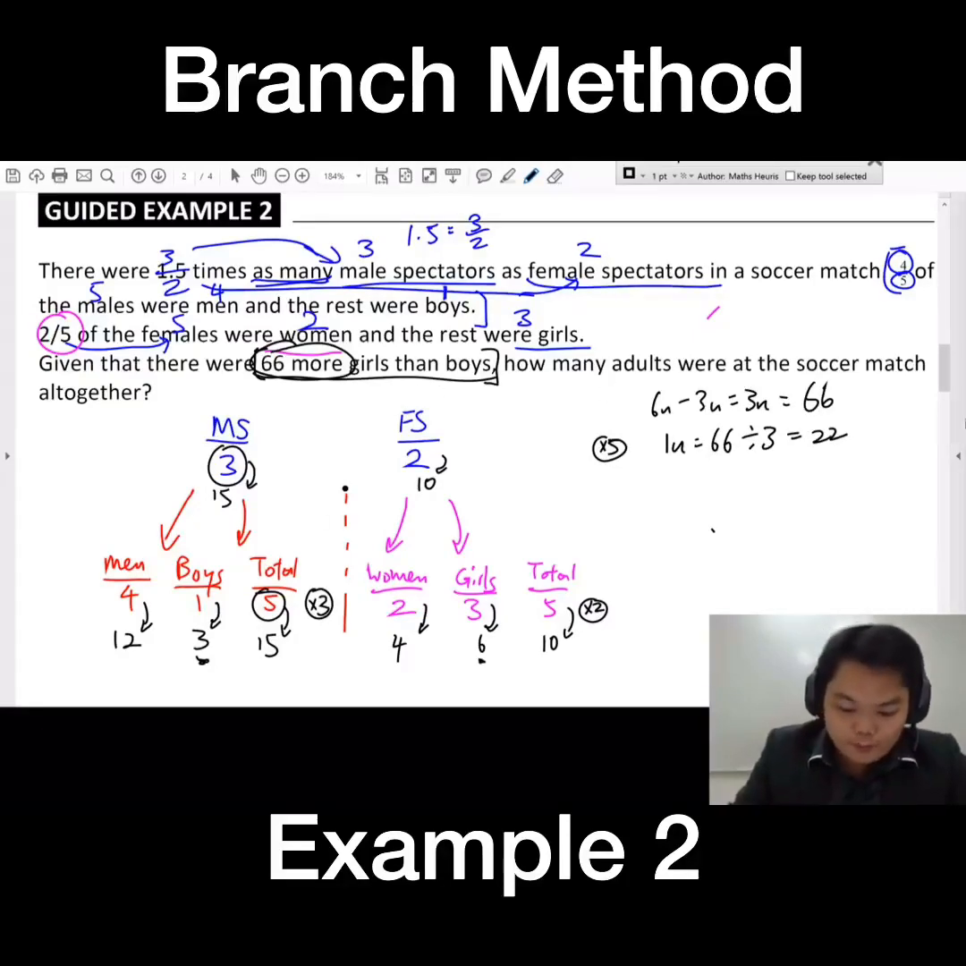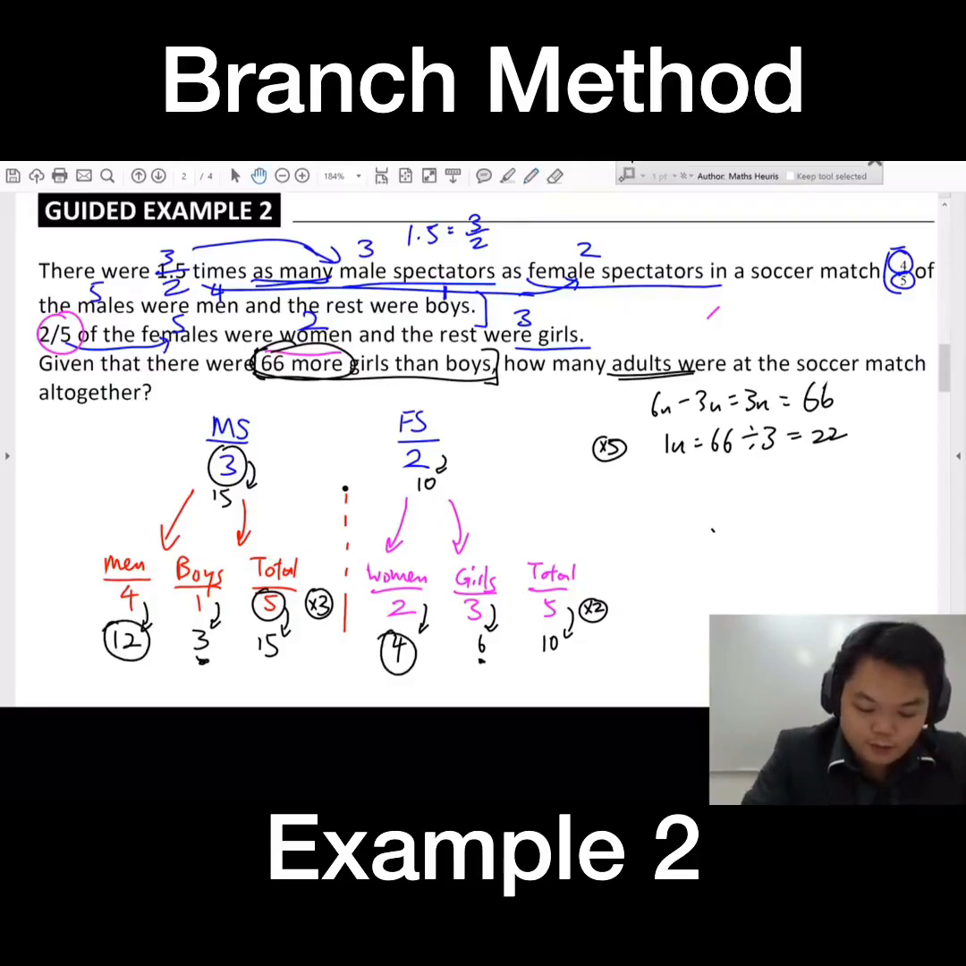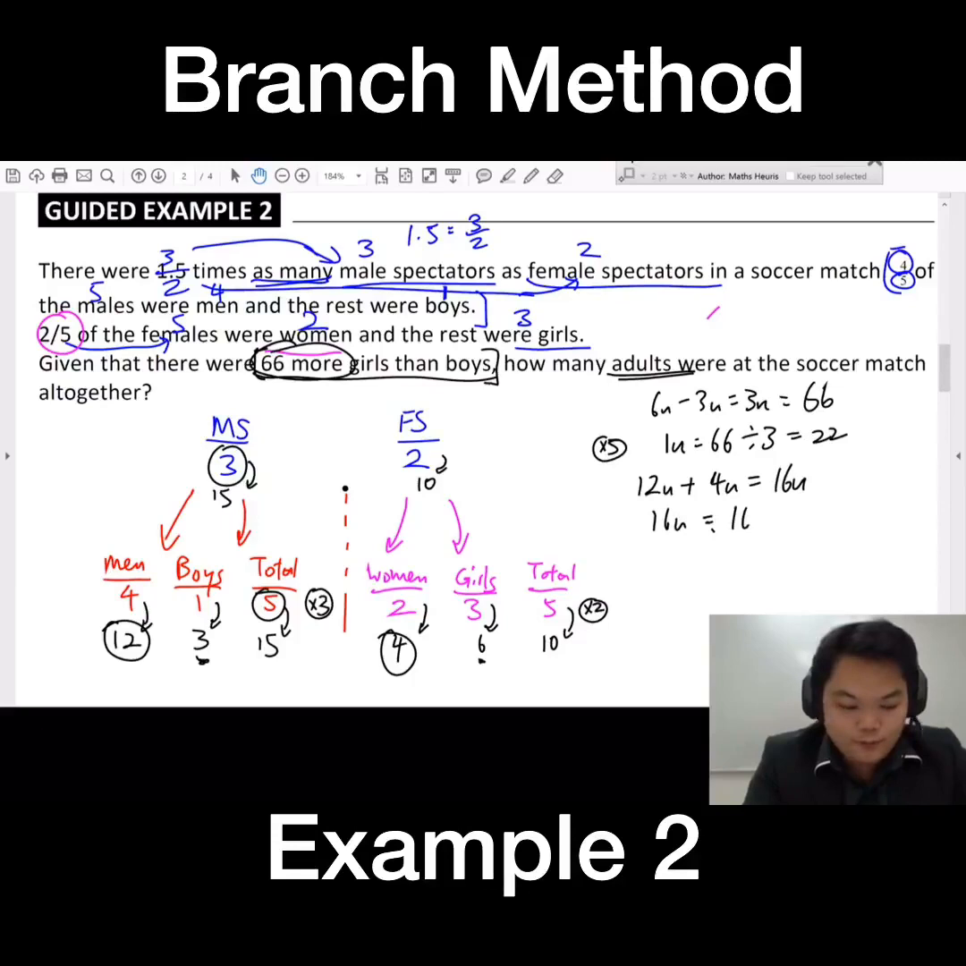Once we got that, we want to find how many adults were there at a soccer match. Adults would then be the number of men and the number of women, correct? So that would be a total of 12 units and 4 units. Total is 16 units. 16 units would just be 16 copies of 22. That will give you